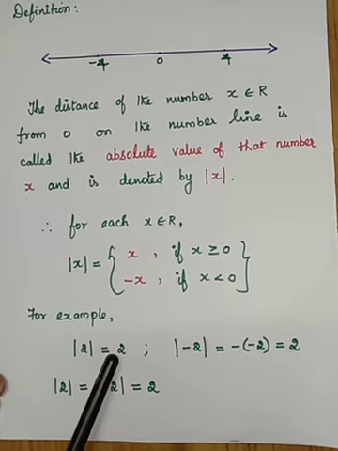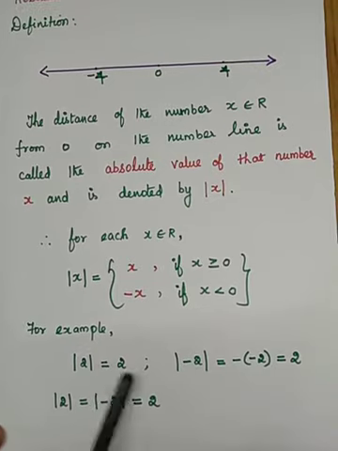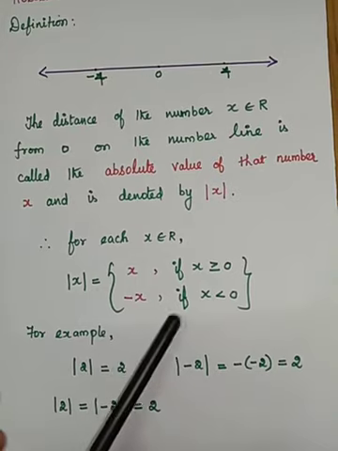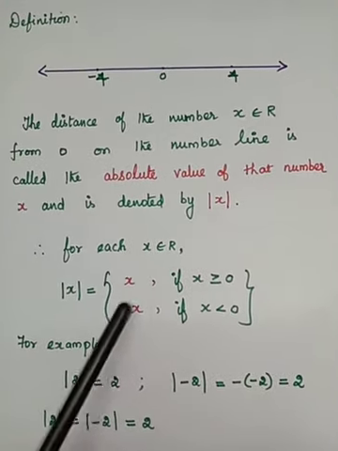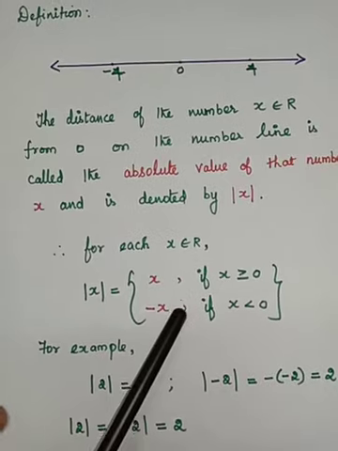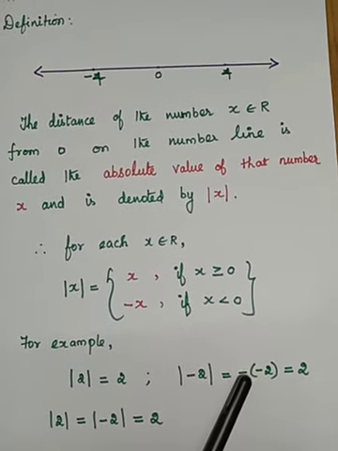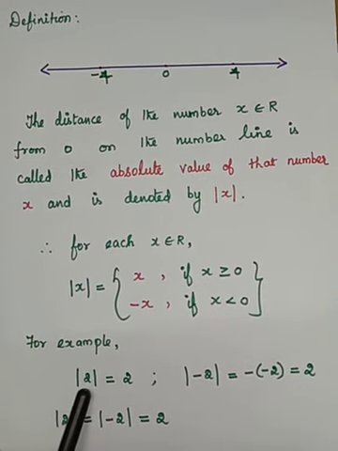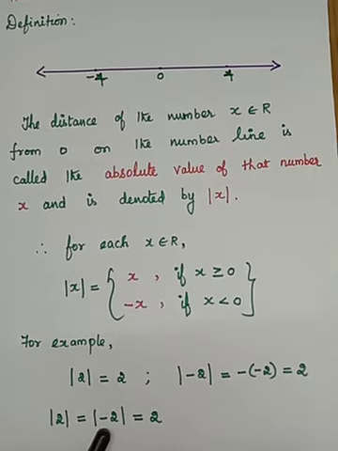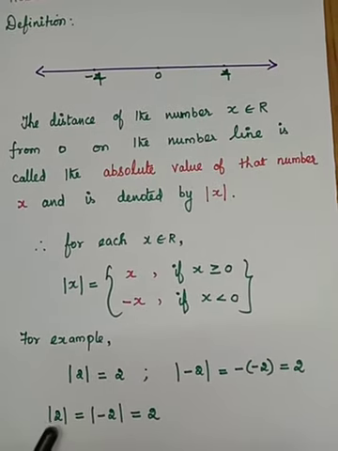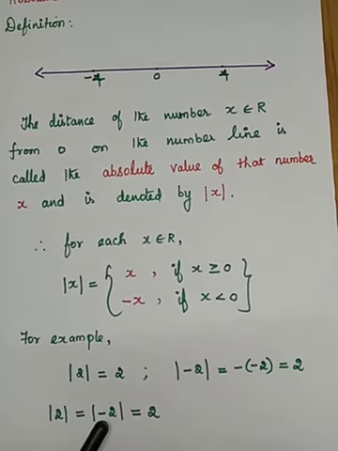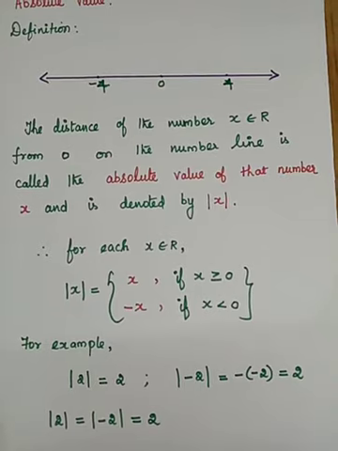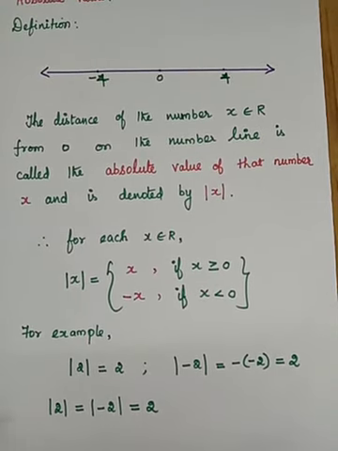You know very well. You have studied in 11th standard and you have used in many places. And modulus of minus 2. So, minus 2 is a negative number. So, when x is negative, while you are writing modulus, you have to use minus x. So, how it will be written? Minus of minus 2. That is equal to 2. So, modulus of 2 and modulus of minus 2 is equal to 2. What is this? Modulus of 2 and modulus of minus 2? It's an absolute value of 2. What is it? It's a distance of 2 from origin on the number line.